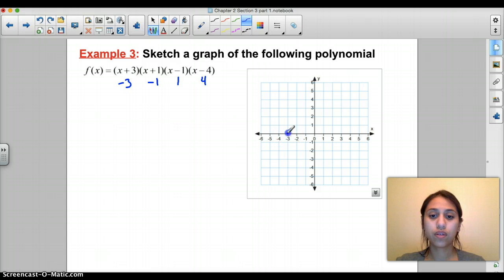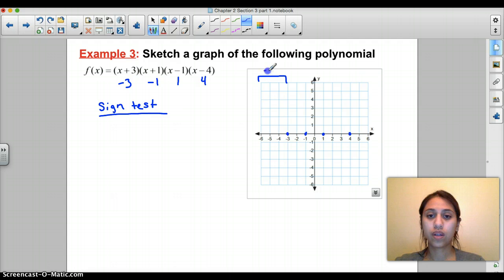So we'll go ahead and mark those on our graph. Negative 3, negative 1, 1, and 4. Okay, so as always, we'll do our sign test. We'll have to pick values between these. So between here,